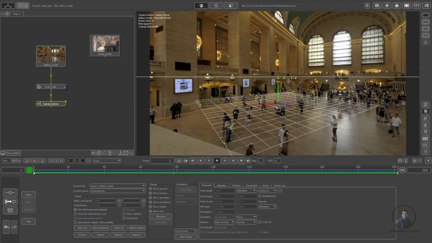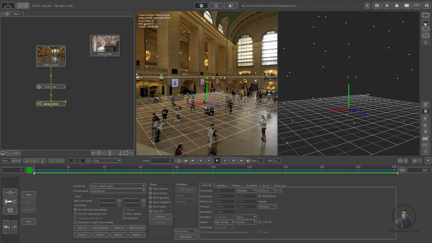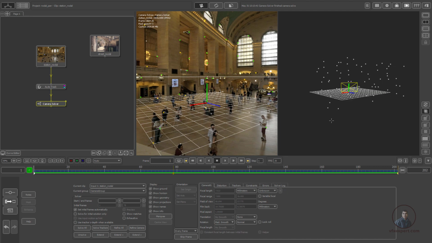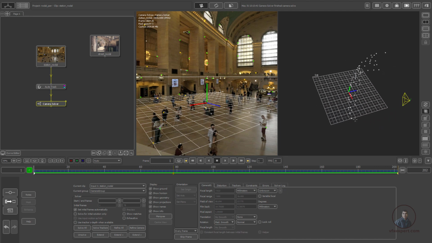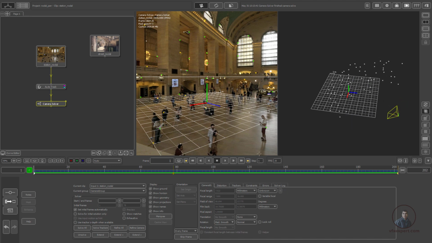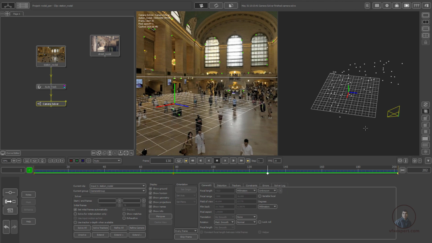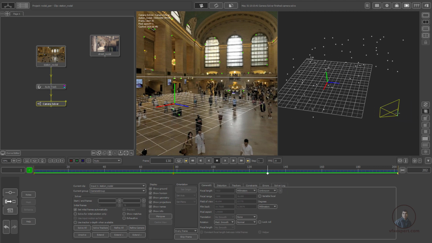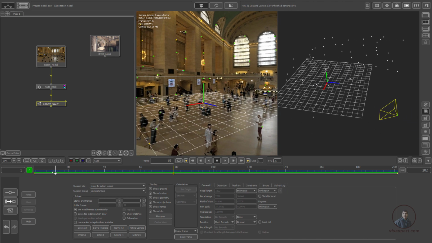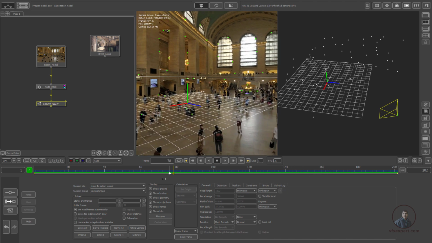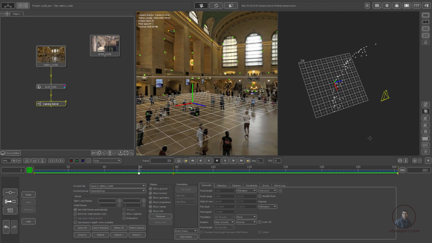Stop it here, then again come here to the 2 view. Here if you see these point clouds, there is no depth information because all points are just created in a plane. You can see this camera is just rotating, so easily you can see this camera is fixed and just rotating around its axis. All these points are in a single plane here, not in depth, because this is a nodal pan shot.